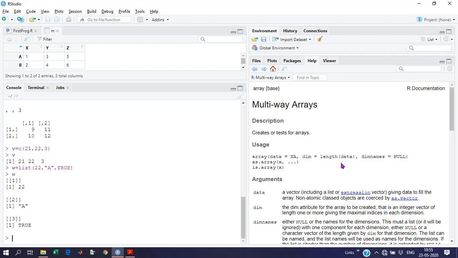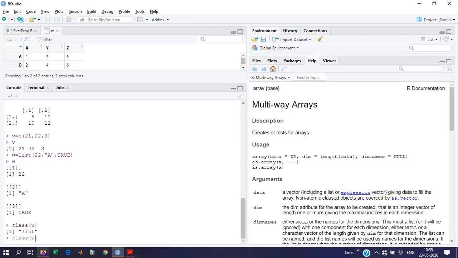Print that. Observe this, w's first element is equal to 22, that's integer. If I find the data type of w, it will show list.